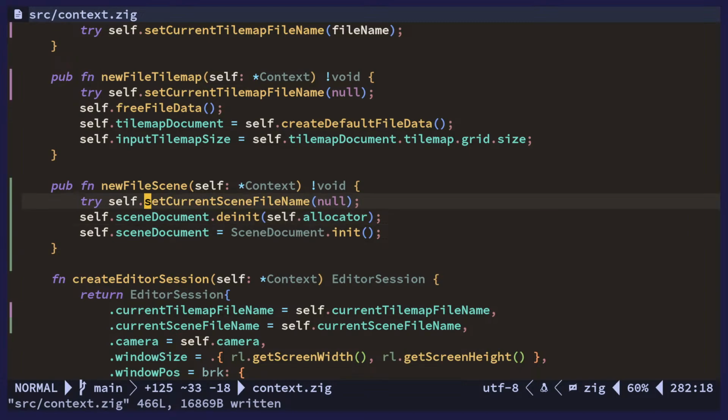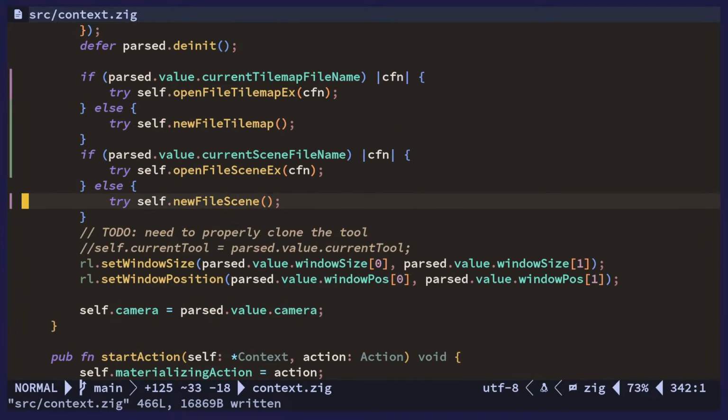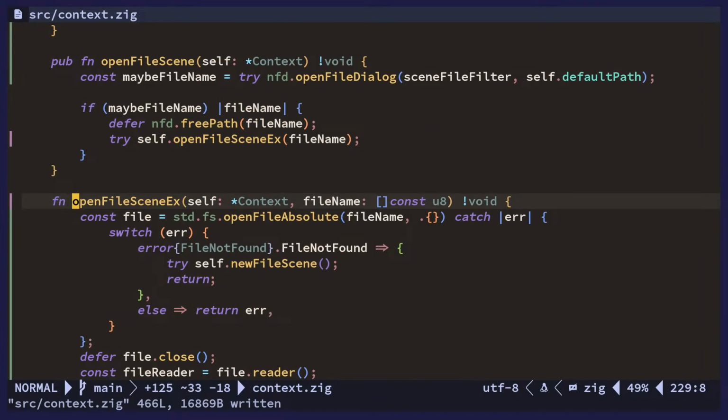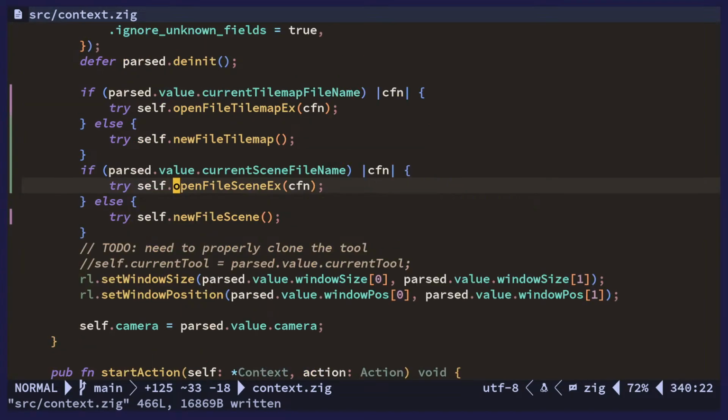How to say it? Risk, really, of happening. Otherwise, this should not fail. This could fail, of course, because the file might not exist. Okay, but anyway,